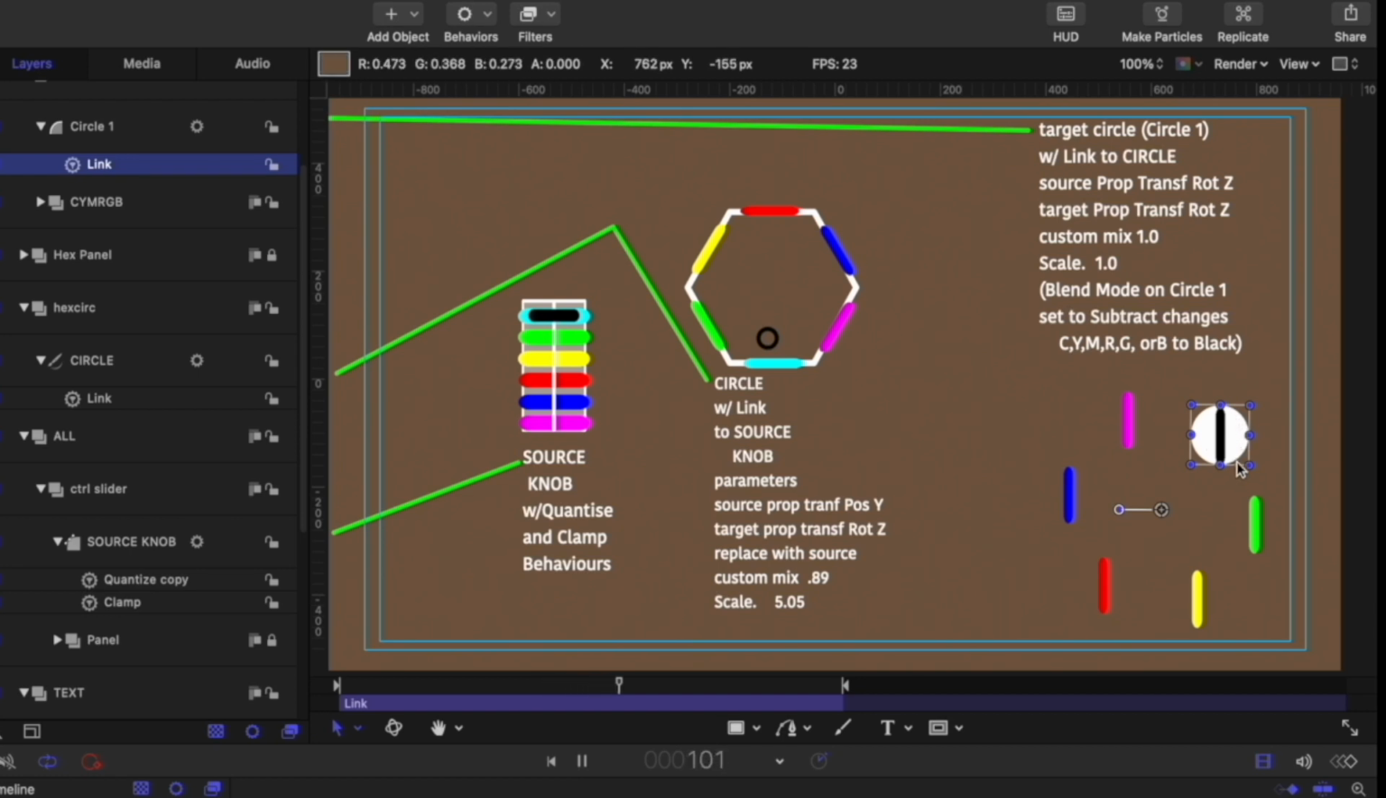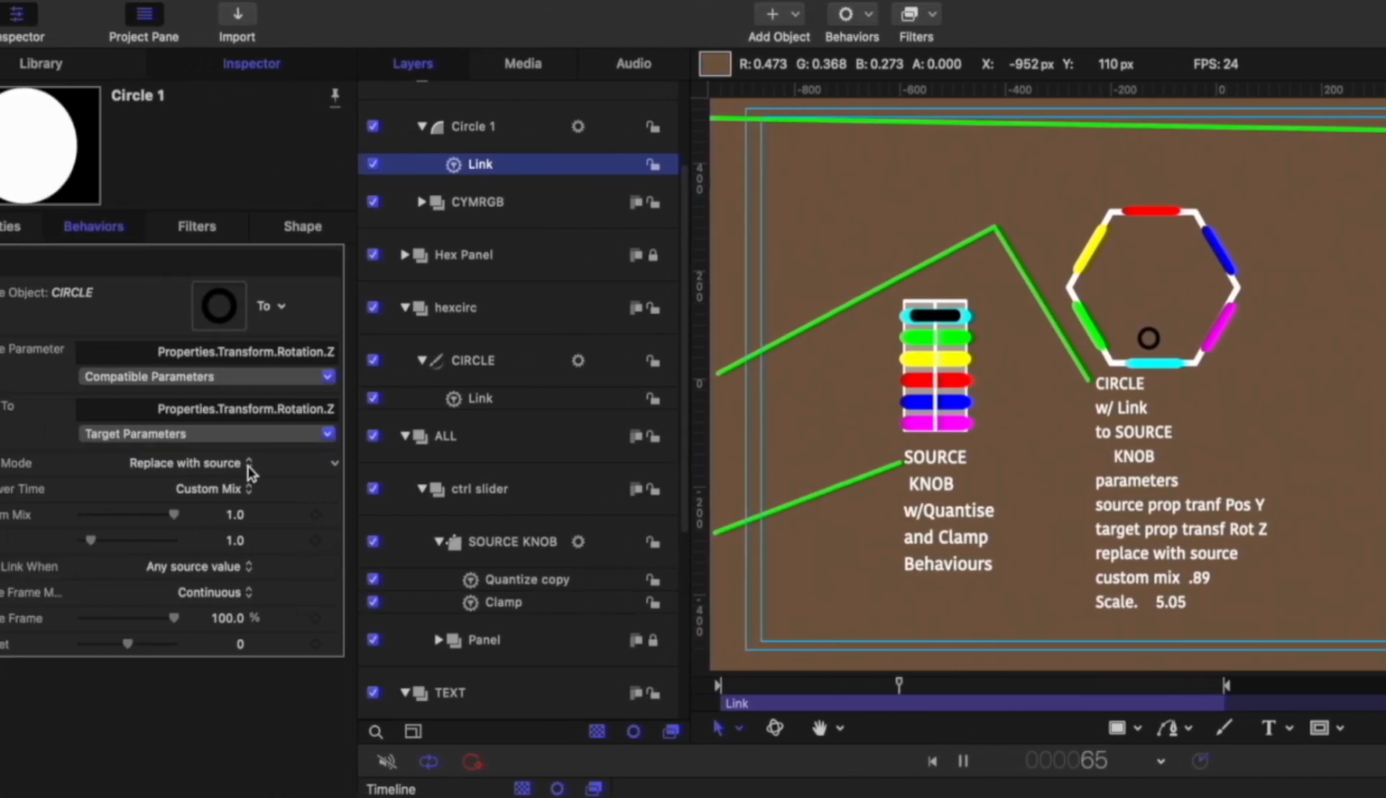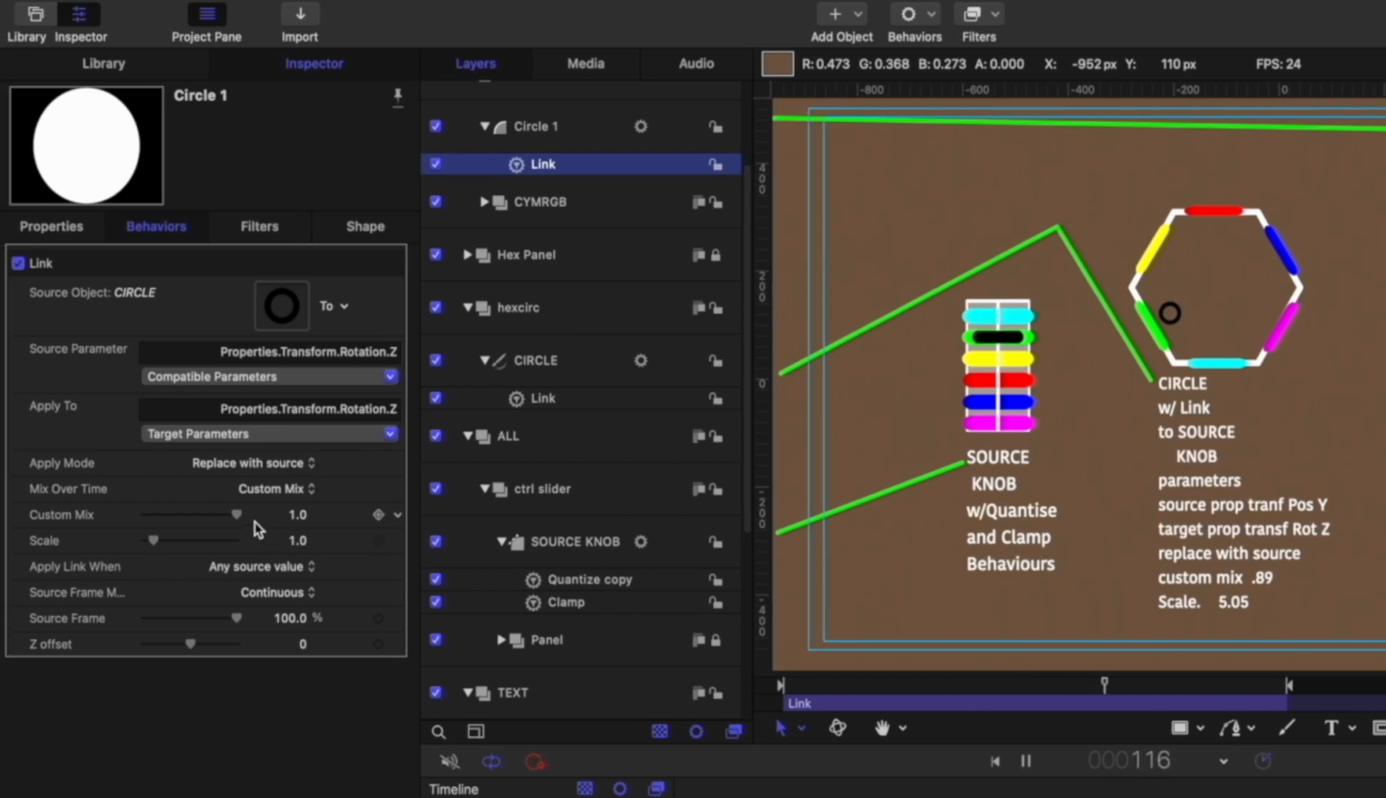I've got it set up to blend mode, set to subtract, so that as the white circle passes over top of the color, it turns it to black. So little thing to do there. And this is basically got both of the apply property is rotation Z, and the source is rotation Z. I've got replace with source again, custom mix, and here I've just got 1 and 1 so that it